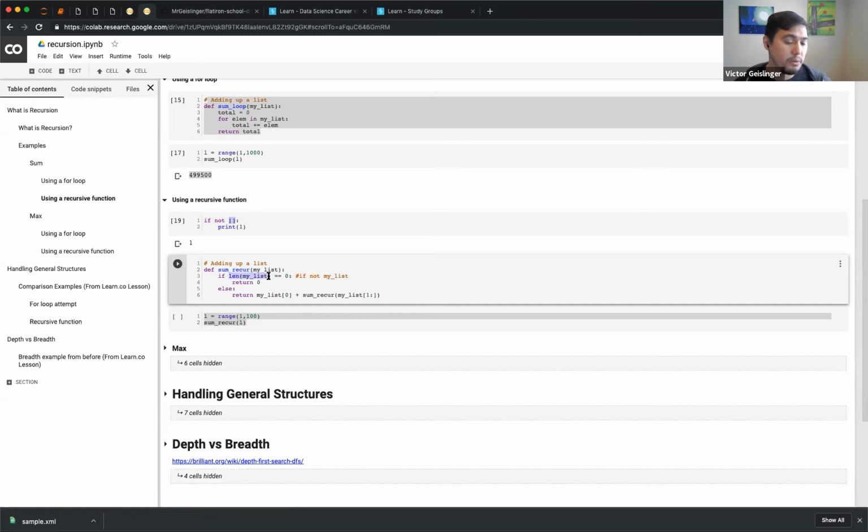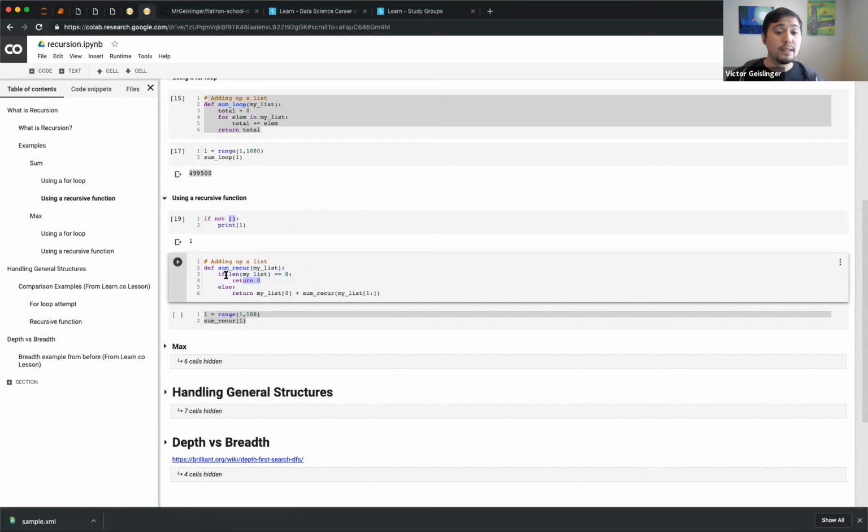So then you can say, oh, when the length of the list is 0, there's nothing in that list. Okay, return 0, which makes sense. And then I say, well, okay, what if there is something in the list? So this is what the recursion part is. If there is something in the list, let's go ahead and just say, all right, get the first element plus, and then we're going to do this recursion.